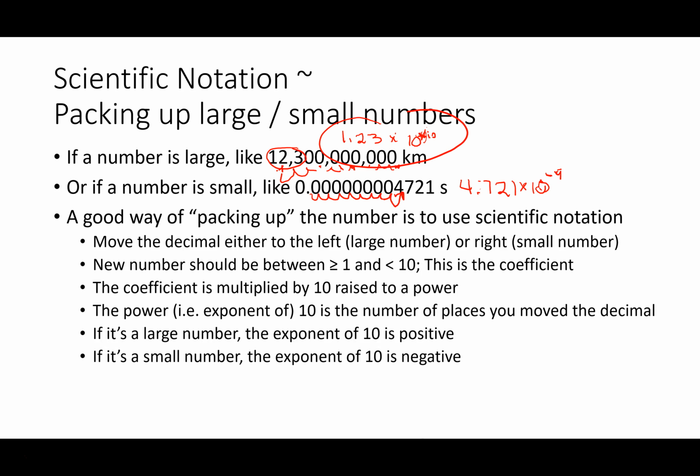Okay. So these bullets 1 through 6 are what we just did. We found the decimal, and for the big number, we moved it from right to left, and the exponent of 10 is positive. And then for the small number, we moved it left to right. So we got a number between 1 and 10, and our exponent is negative. Fine lines. I'm pretty sure Chipman has, in the back, in the appendix, some extra help with this. If you have any